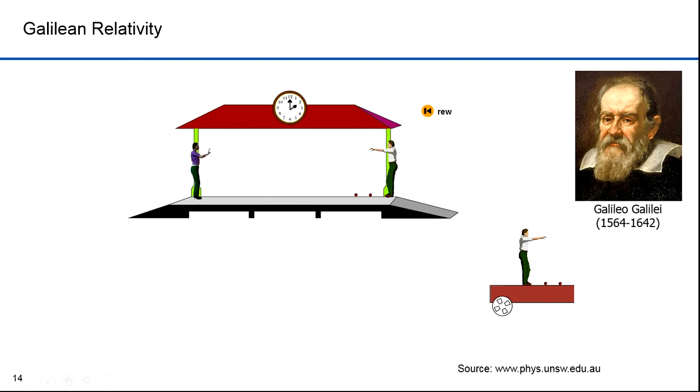The assertion that light goes at a constant speed violates Galilean relativity. Galileo asserted that the laws of physics are the same in all inertial frames. That part is consistent with special relativity. He described a ship traveling at a constant velocity without rocking on a smooth sea. Any observer doing experiments below the deck would not be able to tell whether the ship was moving or stationary.